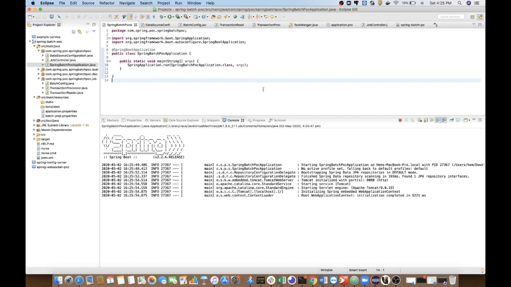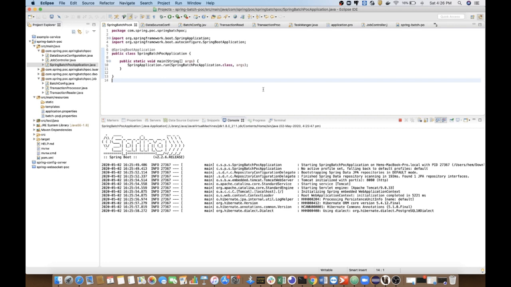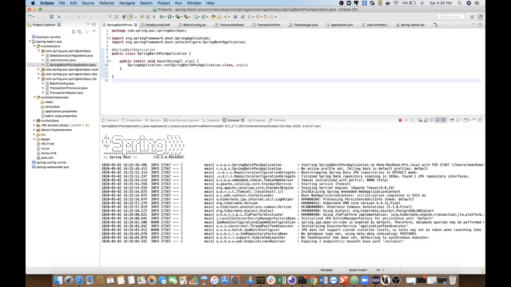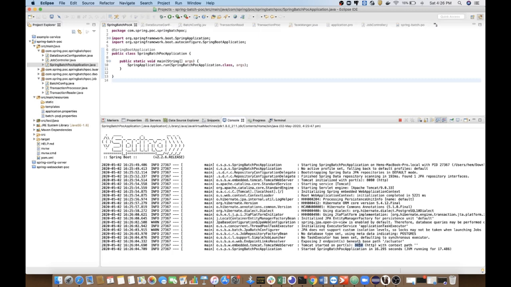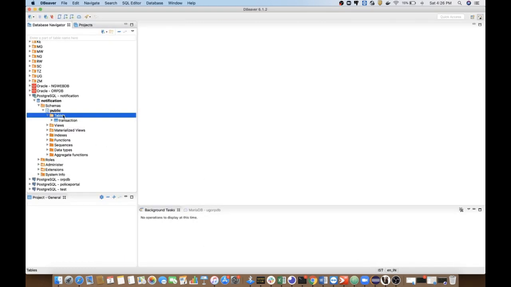Spring Data repository scanning, the ORM version and dialect have been picked, two endpoints beneath actuator. Okay, fine, so the application has been started. Before triggering the job, now refresh the table. There should be the structure for the batch job.